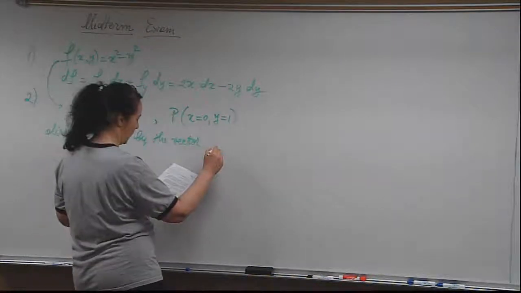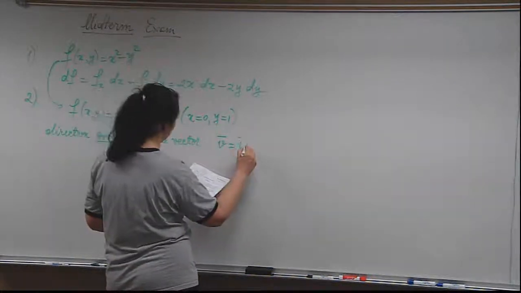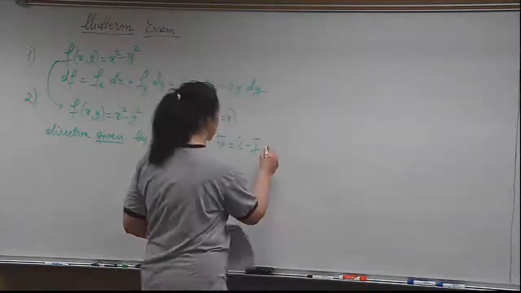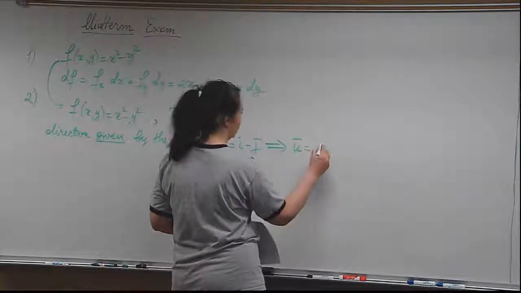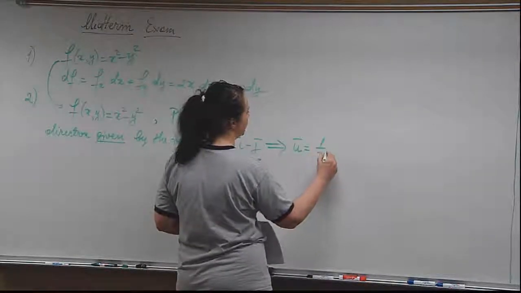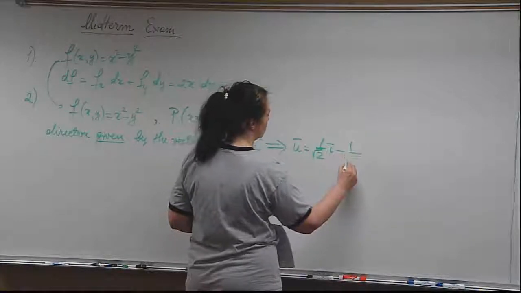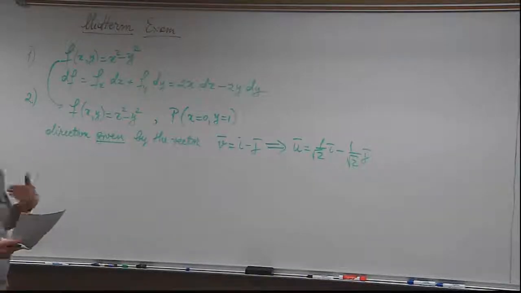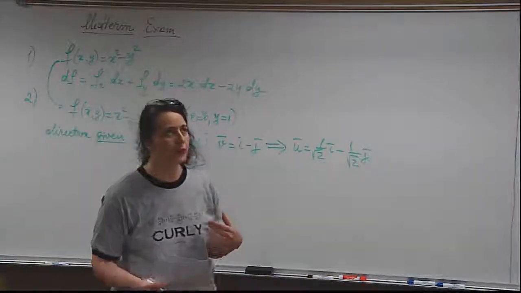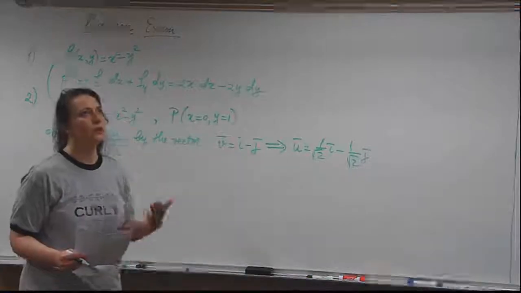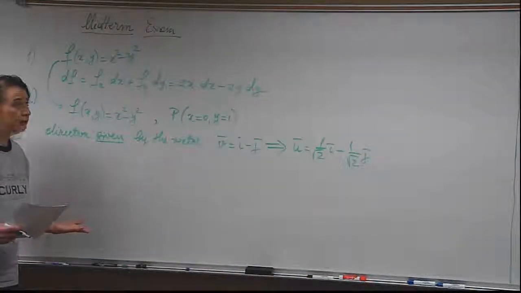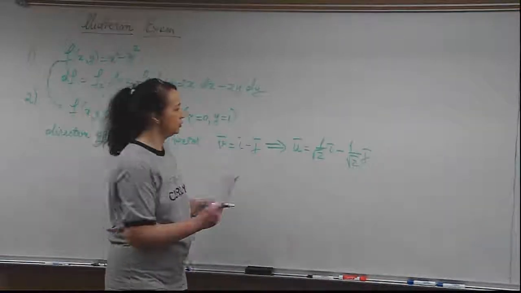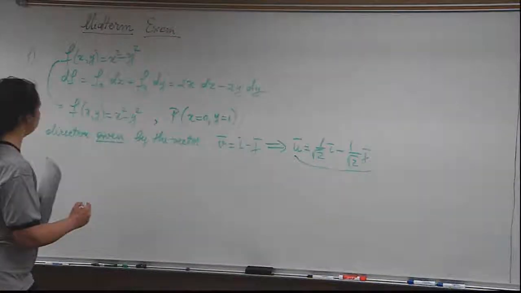It means not the vector i minus j. Why is that? Because this is not a unit vector. What is the corresponding direction given by it? The corresponding direction is 1 over square root of 2 i minus 1 over square root of 2 j. So it's a collinear vector that is unitary. The direction u represents a collinear vector, pointing in the same direction as v, but it has to be unitary. Why? Because the definition of the